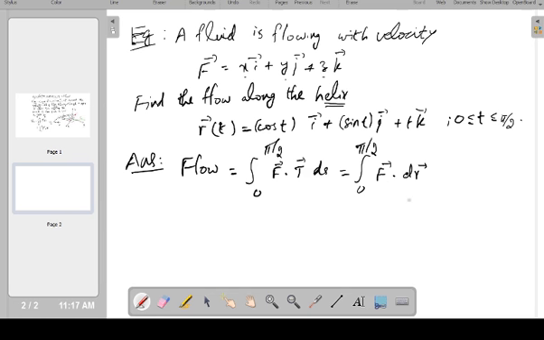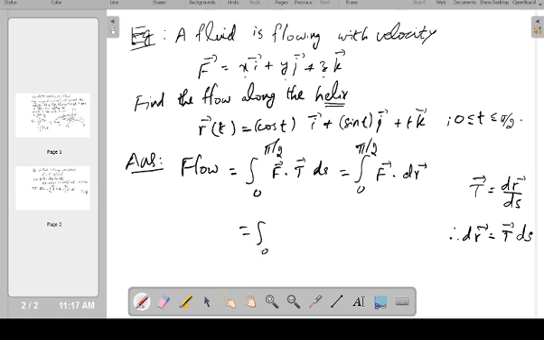This is because vector T equal to dr by ds. Therefore, dr is T ds. Therefore, we have to find out dr. This is also the same as integral 0 to pi by 2, F dot